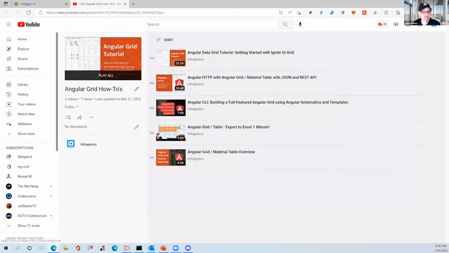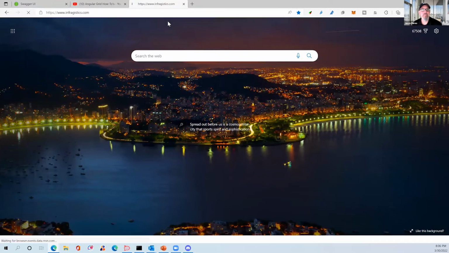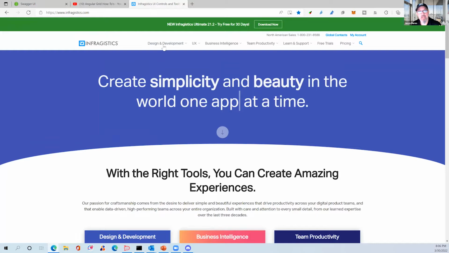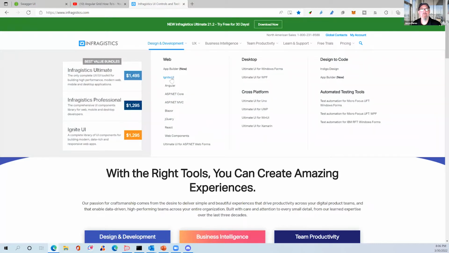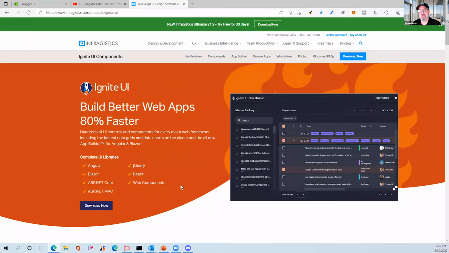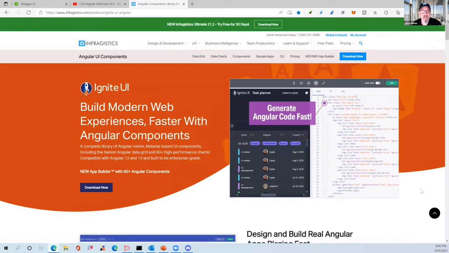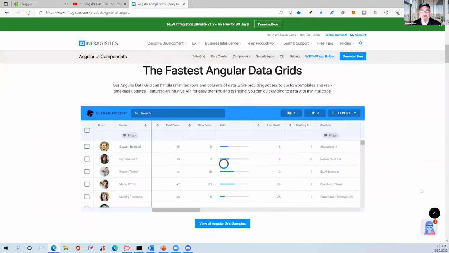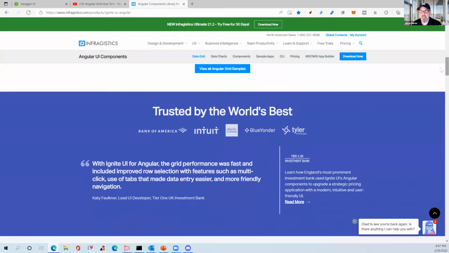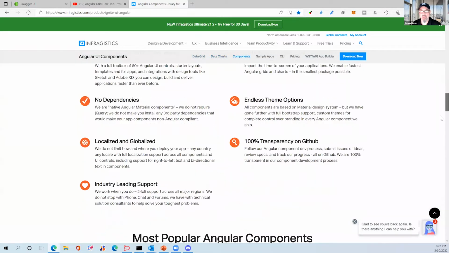And then the other thing that you should be aware of is the Ignite UI homepage. So what I'm going to do is jump over to infragistics.com. I'm going to click design and development, and we've got the Ignite UI homepage. And this homepage covers all of the different products that we have, like Angular, Blazor, .NET Core, jQuery, React, etc. What you care about for this webinar is Angular. So the Angular product has its own page, and we just talk about all the various features of the Angular product. And I'm going to scroll all the way to the bottom here,